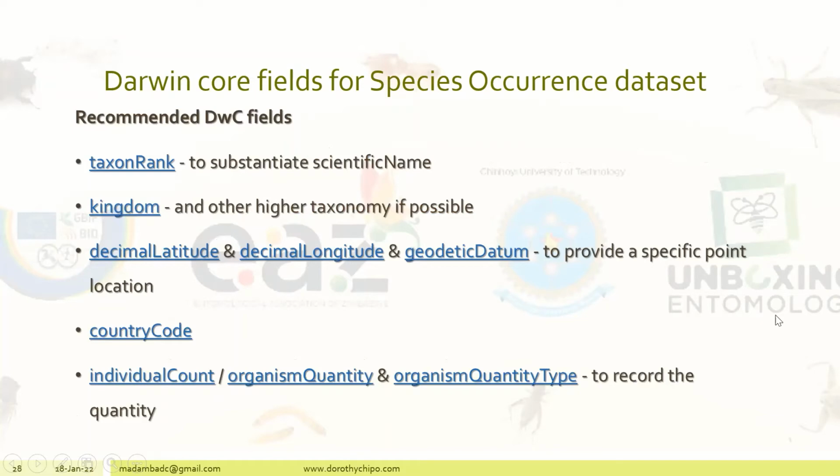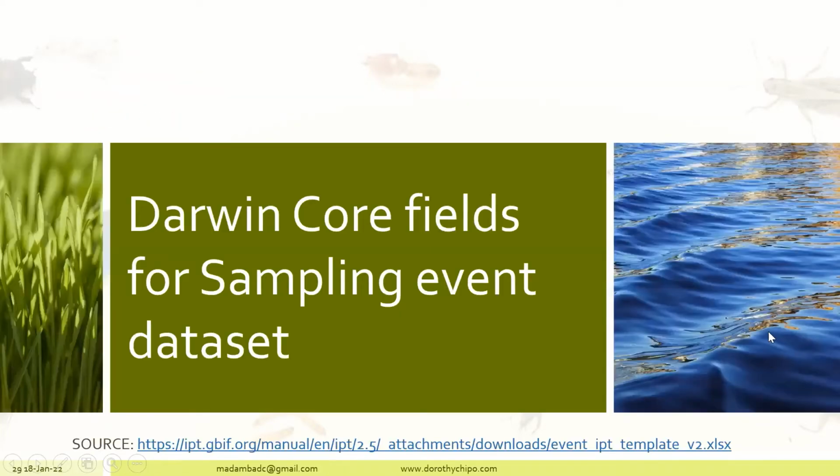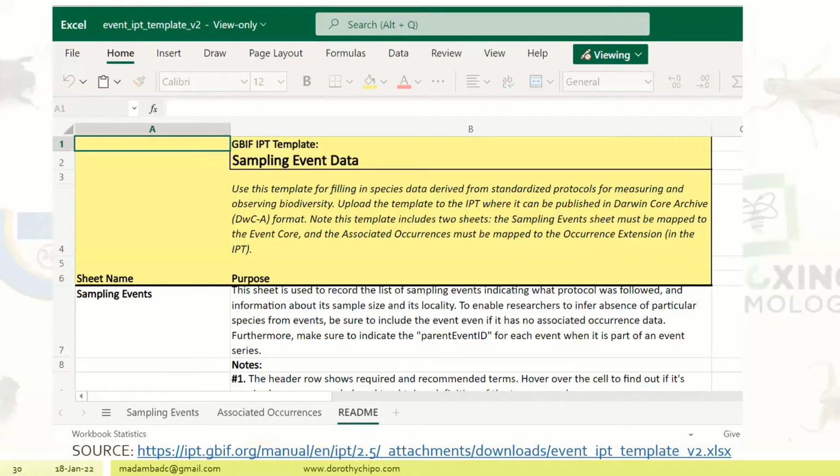And I've already given you where to get the descriptions for these. So the third one is the sampling event data set. The templates, when you download it, are like this. And to note is this section down here. Unlike the other two templates, here you have two